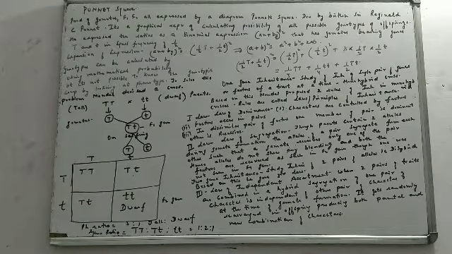To start with Punnett square, see the production of gametes, the F1 generation, the F2 generation, all are expressed with the help of a diagram which we call as the Punnett square. What is this Punnett square? You can express everything in one diagram. The gametes, F1 generation, F2 generation, everything can be expressed with the help of a diagram. This is what we call as the Punnett square.